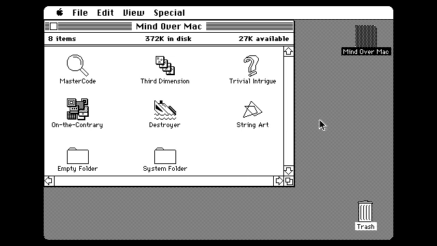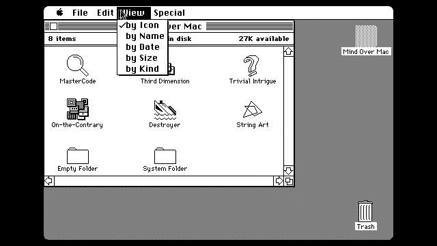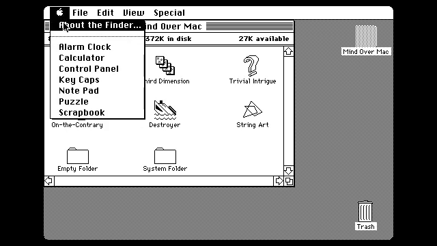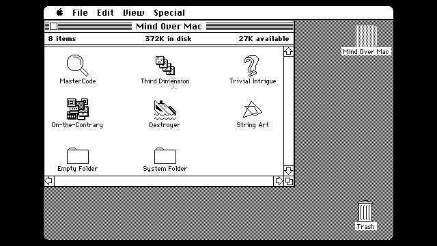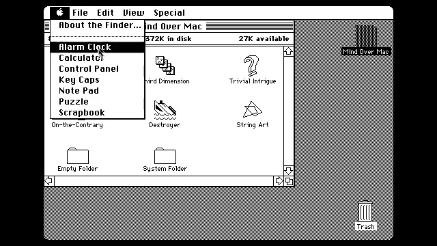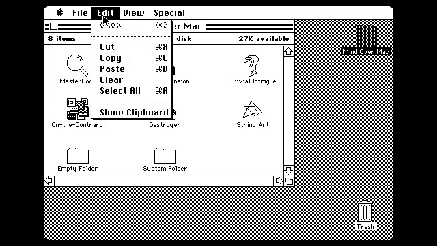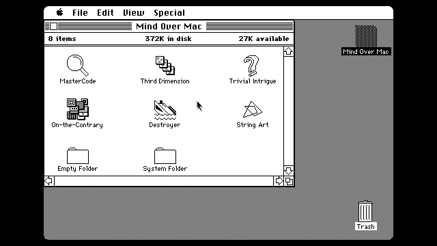But I can show it to you through the magic of emulation in Mini vMac. We'll boot up the disc into Finder 1.1. Yeah, we've jumped way into the Wayback Machine now. Heck, I don't even remember anything older than System 6, so this is unfamiliar territory for me. We'll save Trivial Intrigue for last, though. We'll start with the other 5 titles, the ones that people are probably more familiar with, starting with the simplest one,